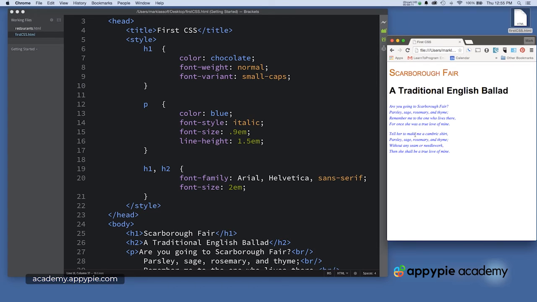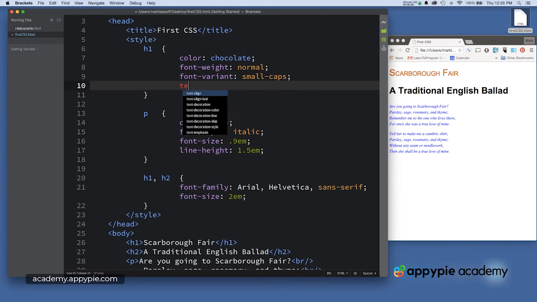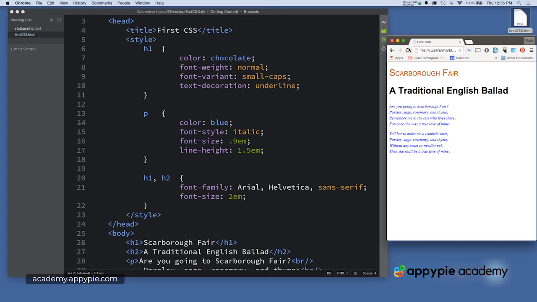Let's do one more that I think is also kind of interesting, and that's text decoration. I'm going to go ahead and put the text decoration on H1. So text decoration, like that, lets us set various properties of the decoration of the text. The two ones that you would use are underline and overline. So there's the underline,